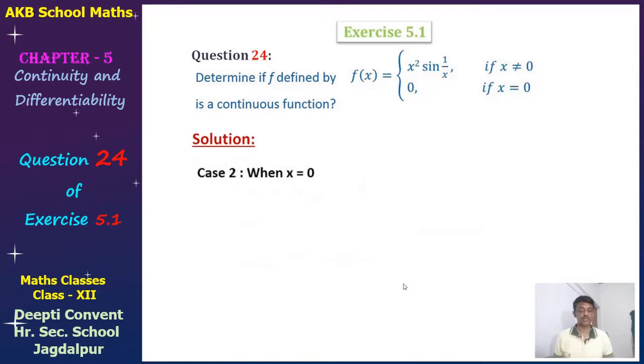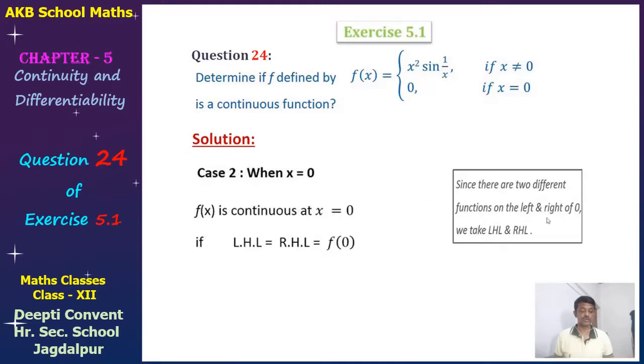And x equal to 0, when x equal to 0, means there will be two sides, left hand limit and right hand limit equals to value of the function for x equal to 0. Since zero ke dono side mein value hai, left side mein bhi yahi use karna hai, right side mein bhi yahi use karna hai. So